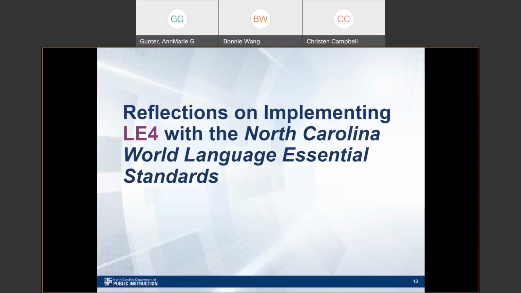Remember, standard number 1 is interpersonal communication, which is informal, spontaneous communication that you might do with a friend if you were just chatting, or maybe that you were texting with in a written format. And then standard number 3, presentational communication, looks at writing or speaking the language, but in a way that you've rehearsed it or practiced it.